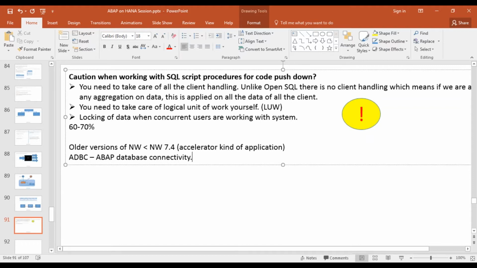You have only this option to call your database procedure.